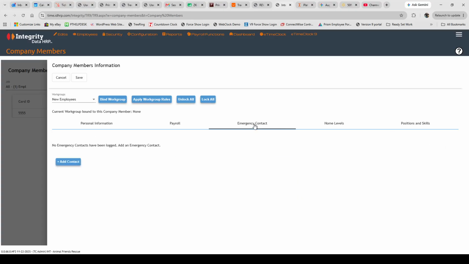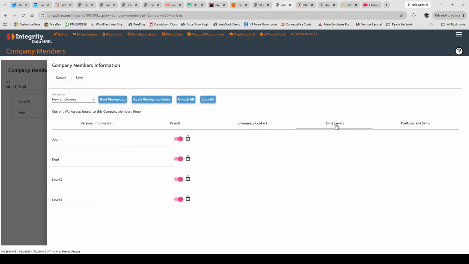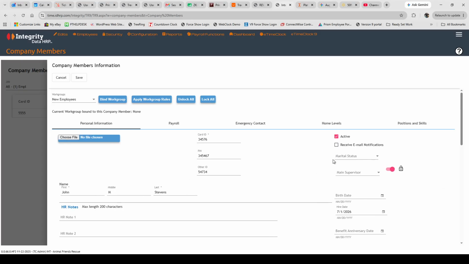If you want to put an emergency contact, that's fine. If you want to then go in and make sure they're on specific departments or jobs. I don't have any departments set up apparently. Nothing here and nothing here. I'm just typing to see if it brings anything up. So right now we could save this, but